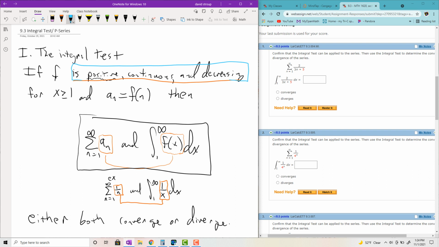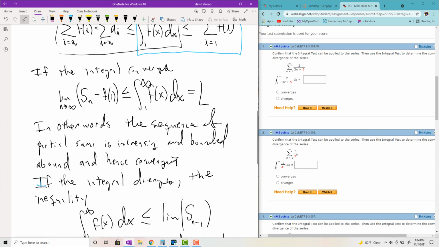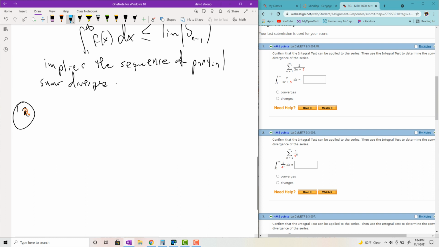This is not applied to the terms of the series. It's not done on a sub n, it's done on f of x. So here we're looking at number 2, the series they give us: the sum of 1 over 4 to the n, going from n equals 1 to infinity. I need to show it's continuous, positive, and decreasing. In particular, we're working with the function f of x equals 1 all over